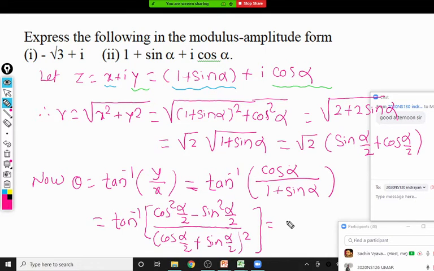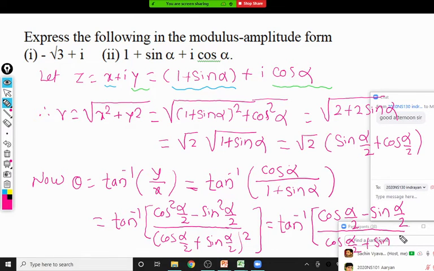This numerator part, how did we get it from cos alpha? It is the half angle formula. You should see the trigonometric identity in the 12th standard. Cos 2 theta is cos square theta minus sine square theta. So same thing, cos theta instead of cos 2 theta is cos square theta by 2 minus sine square theta by 2. It is a trigonometric identity you learned in 12th. So we are left here with only cos alpha by 2 minus sine alpha by 2 divided by cos alpha by 2 plus sine alpha by 2.